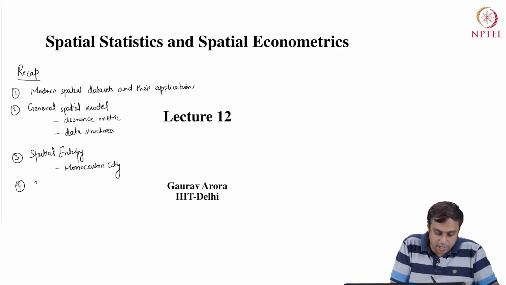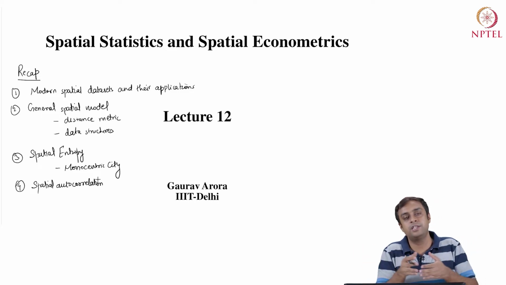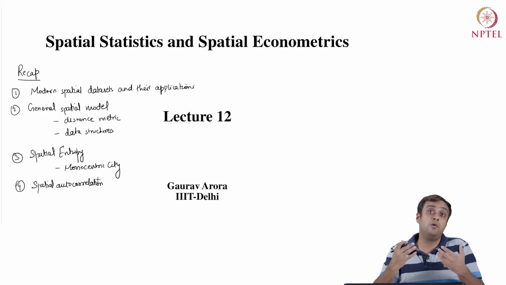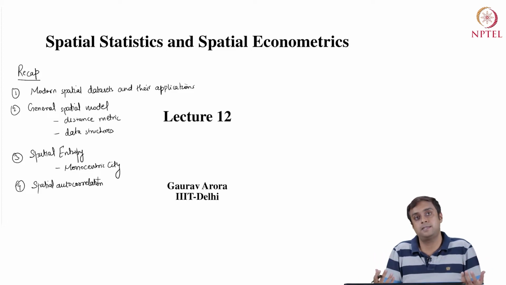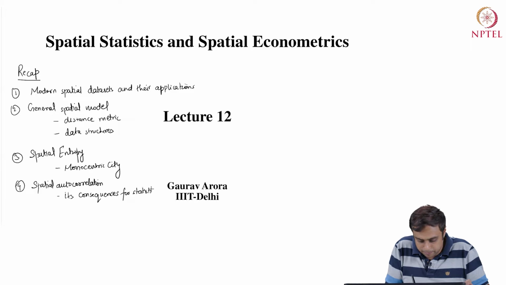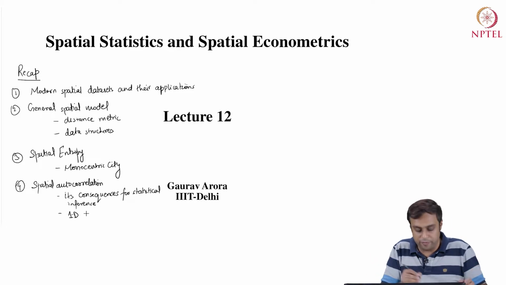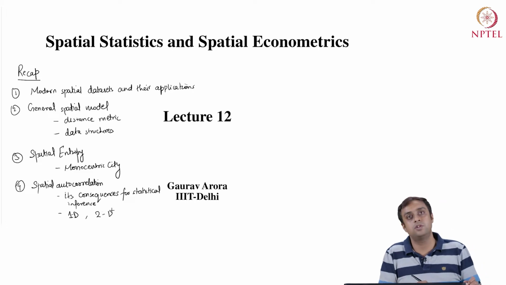All right. And after we covered spatial entropy, that is a measure of variation over space, we moved one step further and we studied spatial autocorrelation. So from a general measure of variation in space, we went on to talking about a measure of dependence in space, right? And we looked at spatial autocorrelation and its consequences for statistical inference. We did this in a one-dimensional sequence of data. We also did this for a two-dimensional sequence of data.